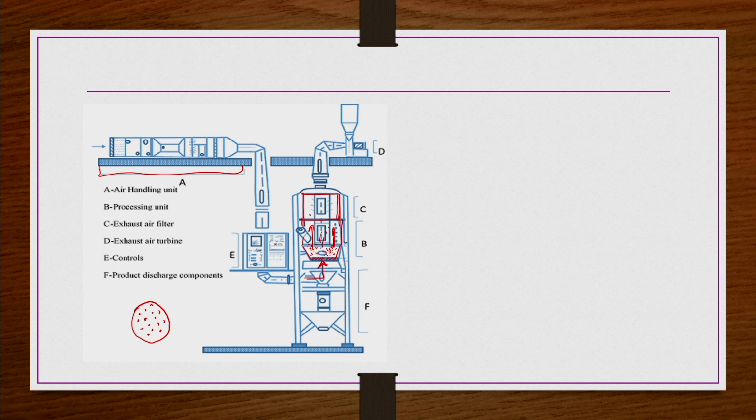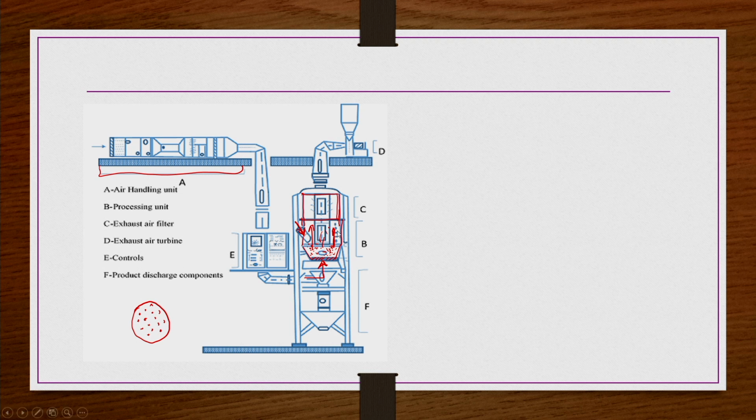so the voidage increases, right? And now here there is a spray nozzle that sprays the liquid continuously. Here it is shown at the top, it can be at the bottom, it can be inside also, it is possible. So when this liquid comes and the particles are being fluidized, they are interacting, that is, the fluidized particles and the binding liquids are interacting, a kind of granulation takes place, the size enlargement takes place, even the coating also works in a similar way, right?